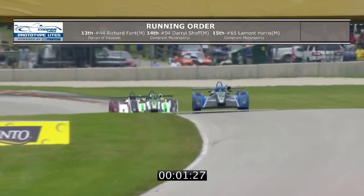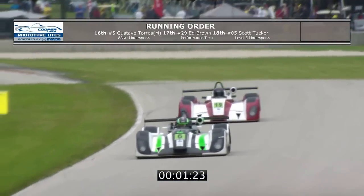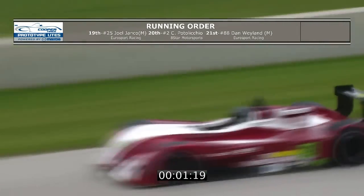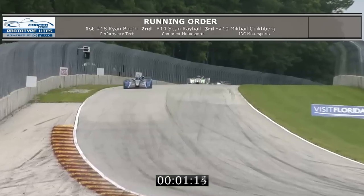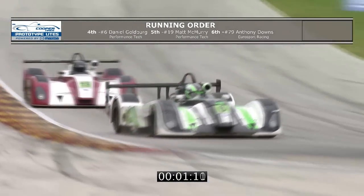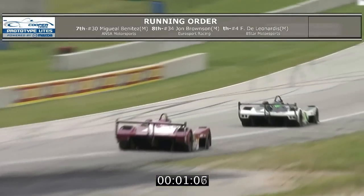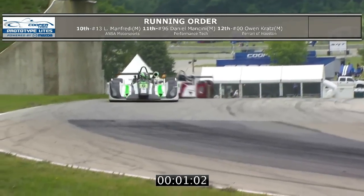Yeah, that's Mikhail Goldberg, the blue car, in 3rd, followed by Daniel Goldberg, number 6 car, and number 19 of Matt McMurray. Now, Matt McMurray is going to try to get Dan Goldberg. This is probably going to be the best battle in this final lap outside of the Masters class that we are going to see. And Dan Goldberg, he's a very experienced driver, and Matt McMurray is going to be really chasing for